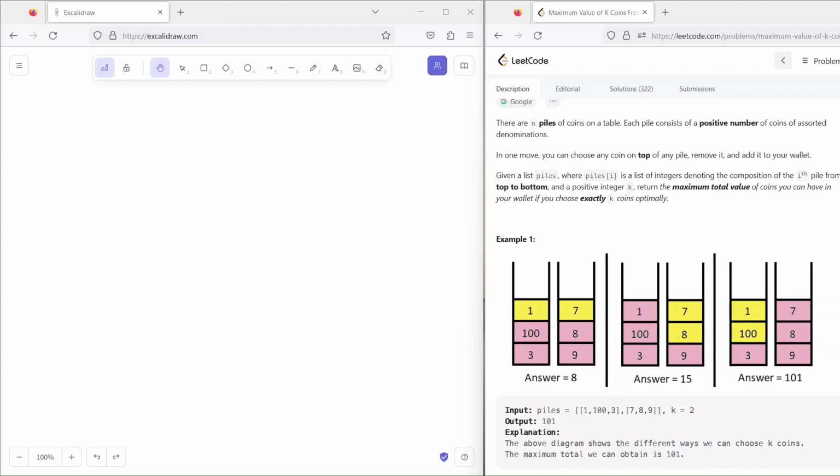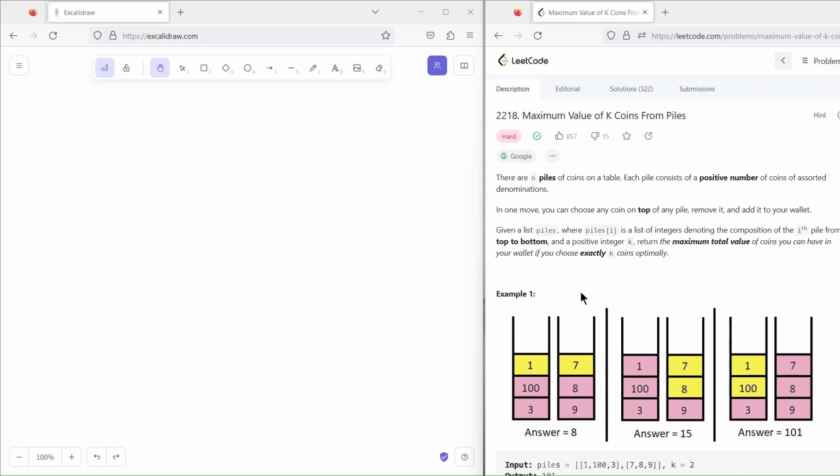Hello friends. So today's problem of the day from LeetCode is maximum value of k coins from piles. It's a bit harder problem, as I mentioned. What we have to do is that we are given a set of piles, right? So for example, in this example we are given two piles and a number k. This is the number of coins that I can collect,